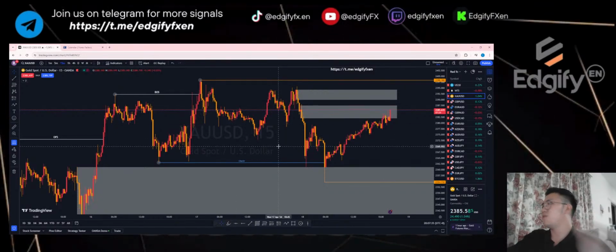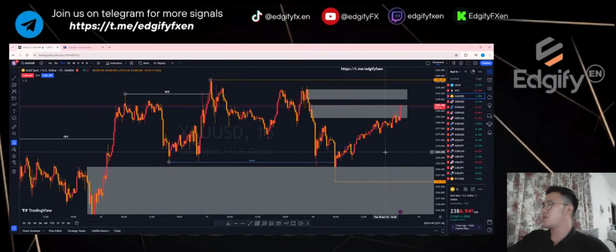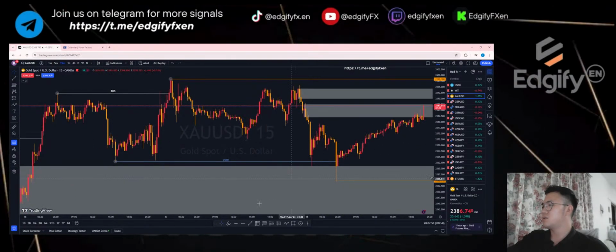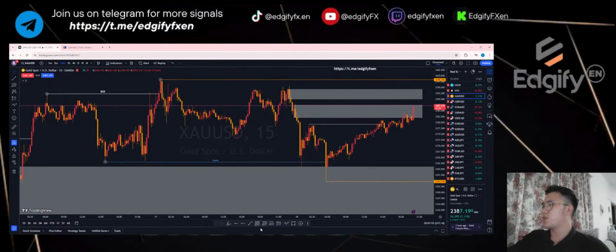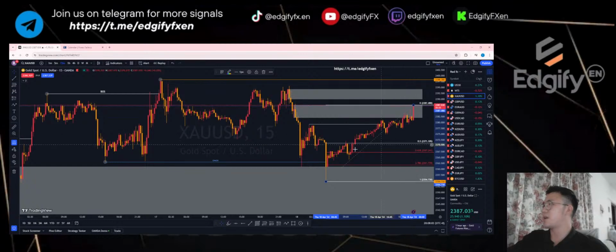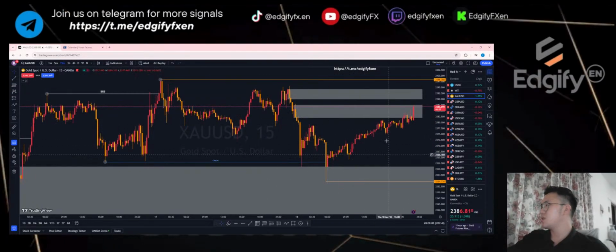On my hour 4, which is my bigger time frame, I'm still looking for a buy position. But we need to see this continue to move forward, because on the 15-minute we don't have a confirmation. If we take this as a break here, just for example, even if you get your fib, you still don't get the price coming back to the 50 or the 618 for us to start buying. So that is why, temporarily on the 15-minute, I'll be looking for sell opportunities.